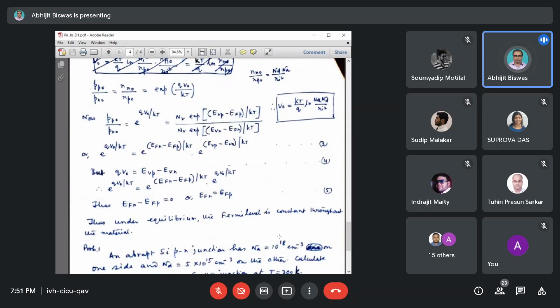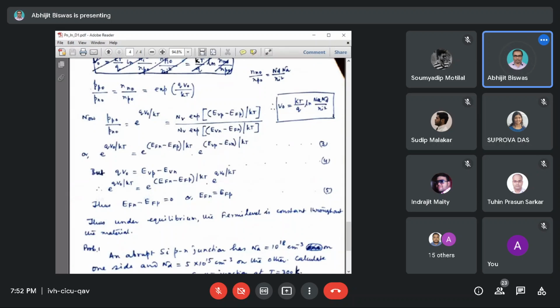This is a very important conclusion, and you must remember that under equilibrium, that means when we have not applied any bias across the p-n junction, the Fermi level remains constant throughout the structure. We can grow a composite structure, say 4, 5, 6 layers of different conducting materials. If we do not apply any bias across it, the Fermi level will remain the same throughout the structure. This is a very important conclusion, you never forget this one. Otherwise, you cannot even draw a simple band diagram.